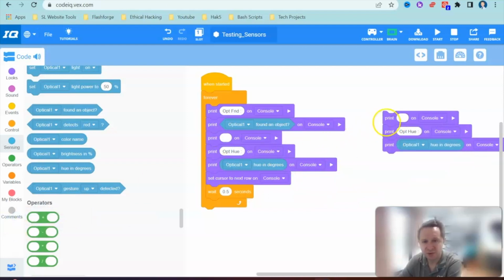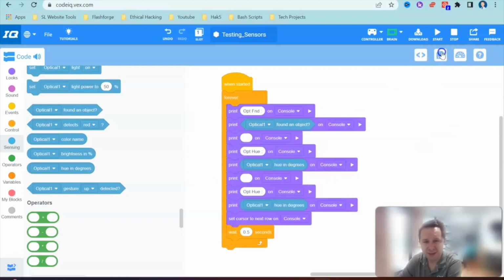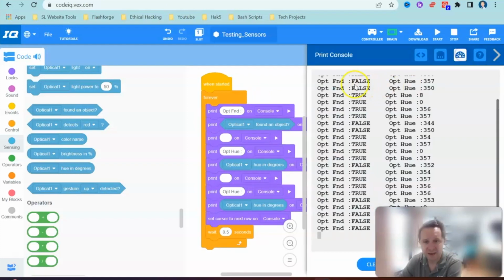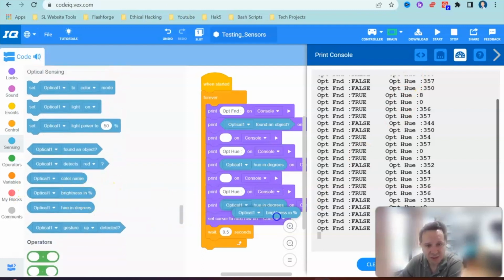Get rid of the last 2 rows. We're going to leave that spacing in just so it's nice and clear seeing the differences between the sensor options of can it find an object, color hue, and then this time we're adding in brightness. So we're going to switch out that optical block. We're going to change the meaning of our print statement, and we're going to say BGT colon, and then now